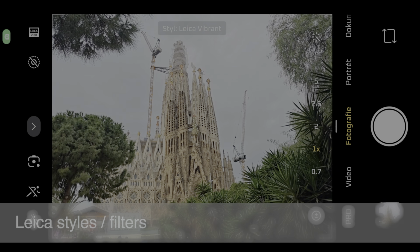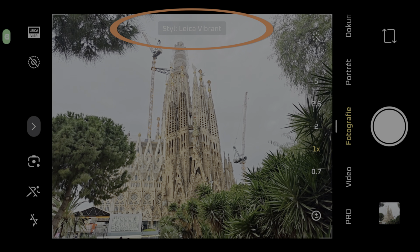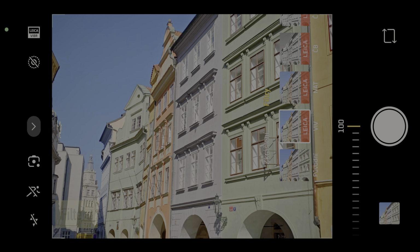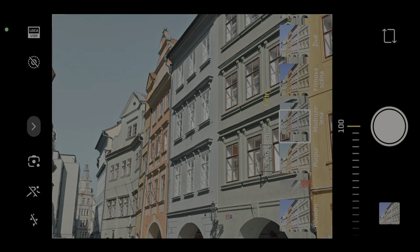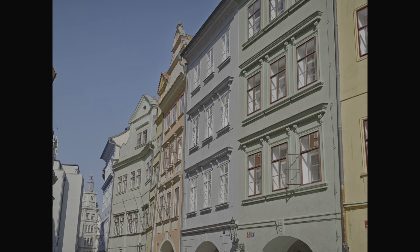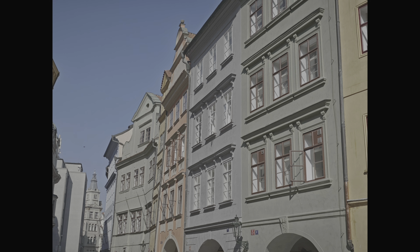And of course, we have a lot of functions connected to Leica, the famous German company, which works not only on optics, but also on the software side of the processing. Or you can play with filters. And honestly, I do not use it much. I do not really like it because I just do not like filters generally. But after a couple of mobile phones I was testing with all these Leica filters,